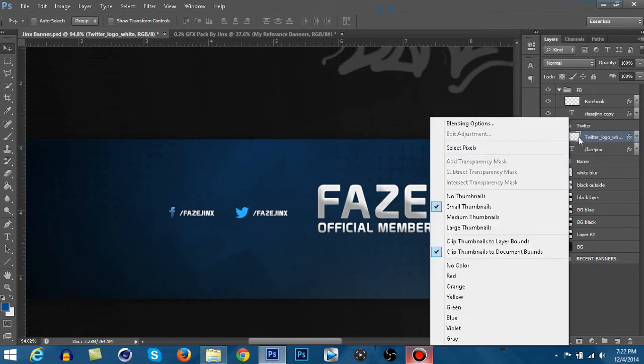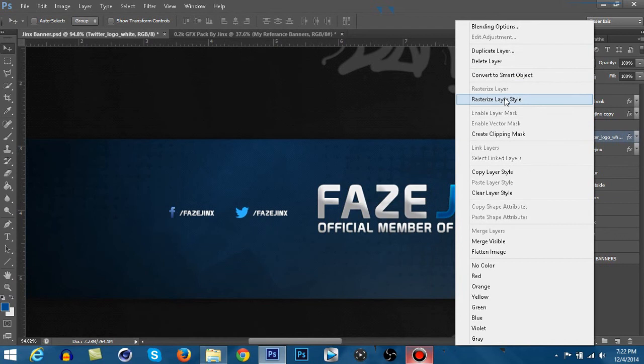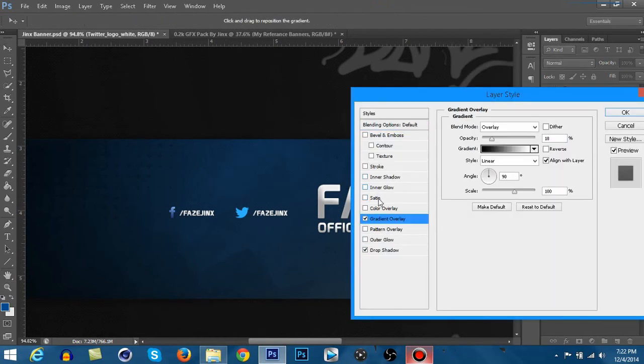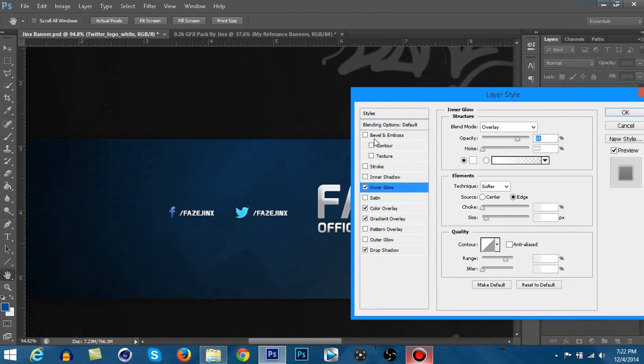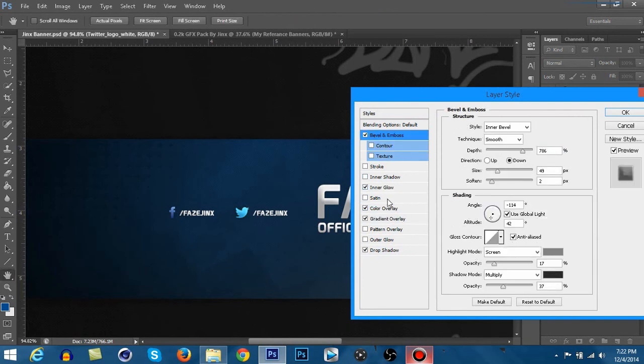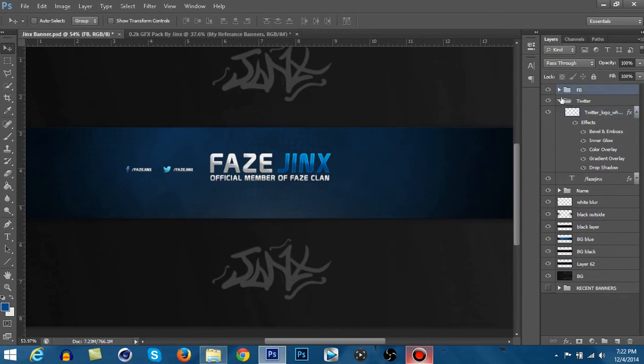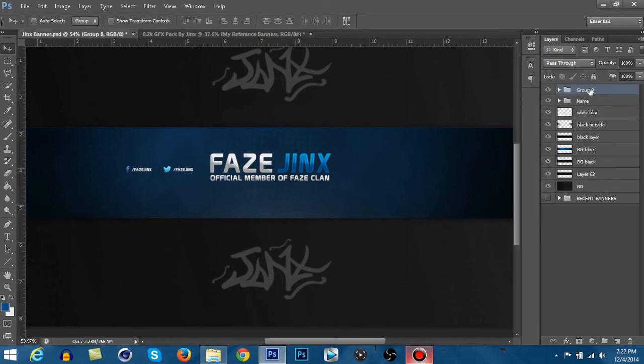All right, rasterize layer style, and then from here I can do all this fancy stuff to make it look good, like that. So there you guys have it. That's what it's gonna look like. Essentially this is what it looked like. Control G and